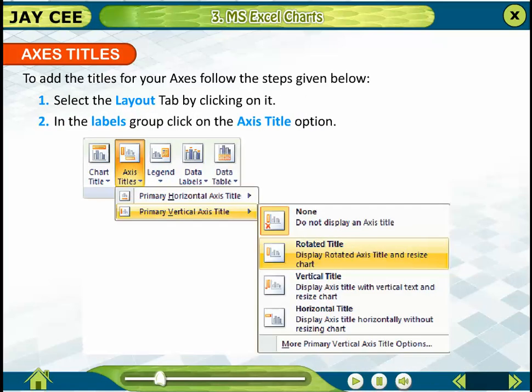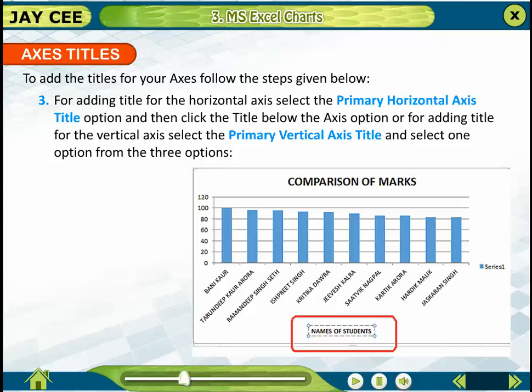Axis titles. To add the titles for your axis, follow the steps given below. Select the Layout tab by clicking on it. In the Labels group, click on the Axis Title option. For adding title for the horizontal axis, select the Primary Horizontal Axis Title option and then click the Title below